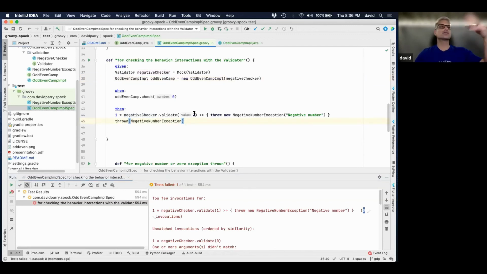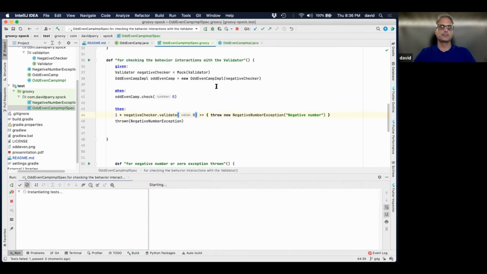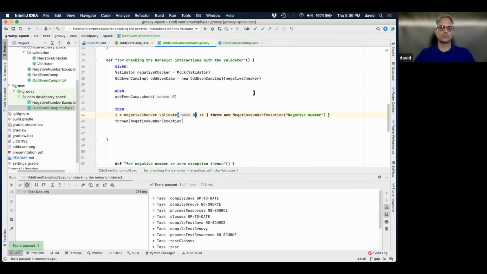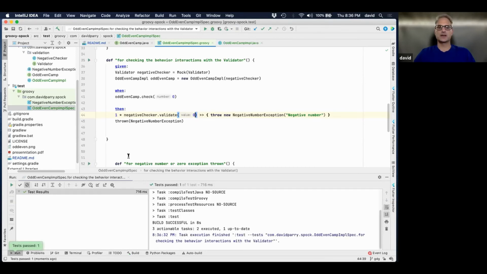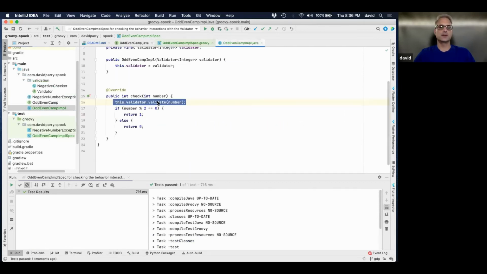And there's no extra stuff you have to do or bring in, this language, this thing or that. It's just fluid in the language itself. So I'm going to put back the 0 there and run this again. And you'll see that it'll come through. So it all passed. I expected it to be called once, and it was called once right here with the specific number.